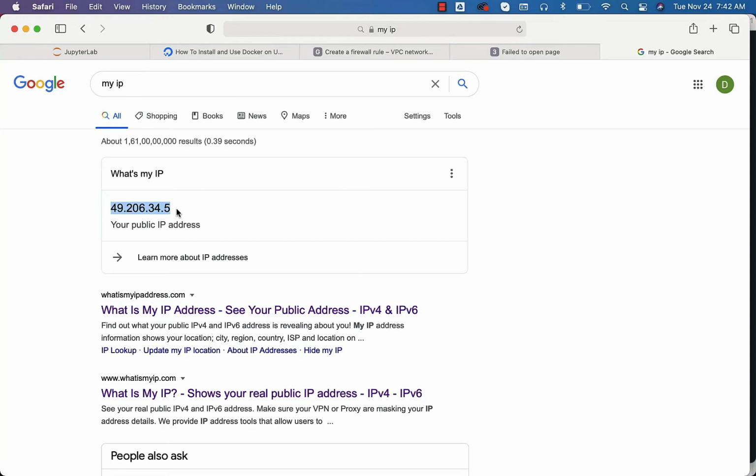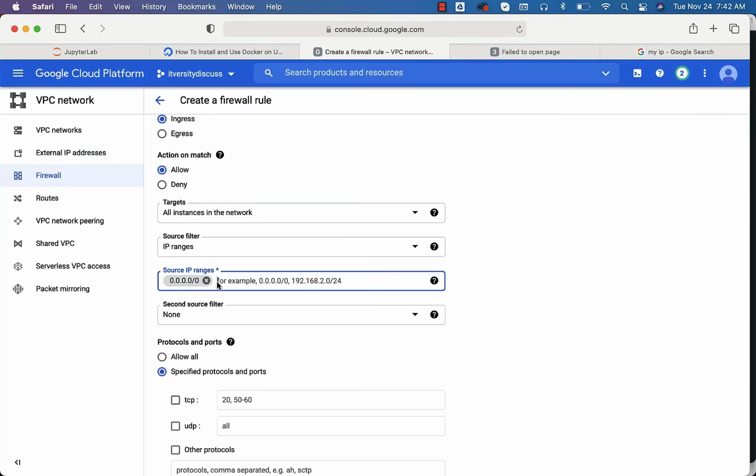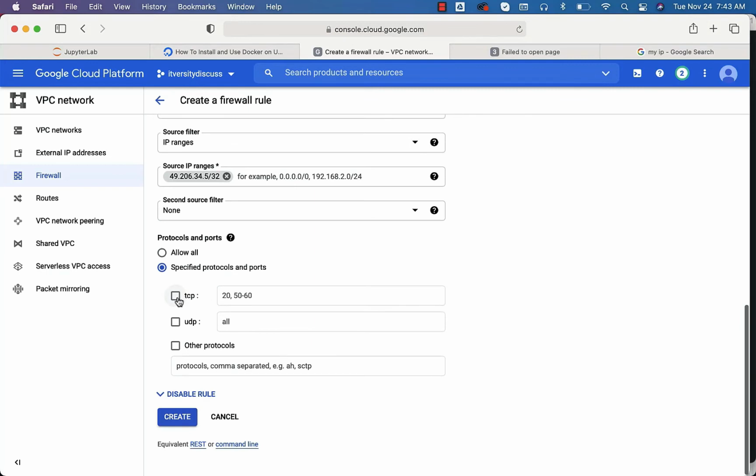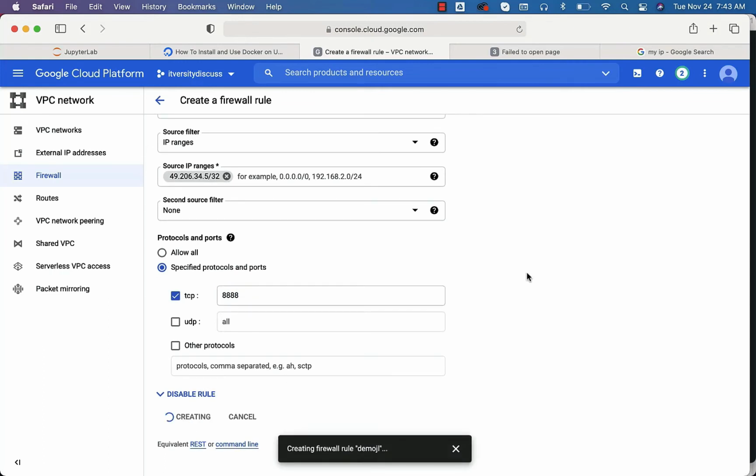So if you see an IPv4 IP, it will be like this. An IPv6 IP will be a bit cryptic and very big. So as long as you see the IPv4 IP like this with 4 octets, first octet, second octet, third octet is 34 and fourth octet is 5. You can copy this. Now you can go to this firewall rule and paste it here. And then you can say /32 or 24. I do not remember. You can use one of those. Let's see whether this will work. I have specified 32. And then with respect to the port, I just want to open 8888. I don't want to open anything else. This is how we should be able to create the rule.